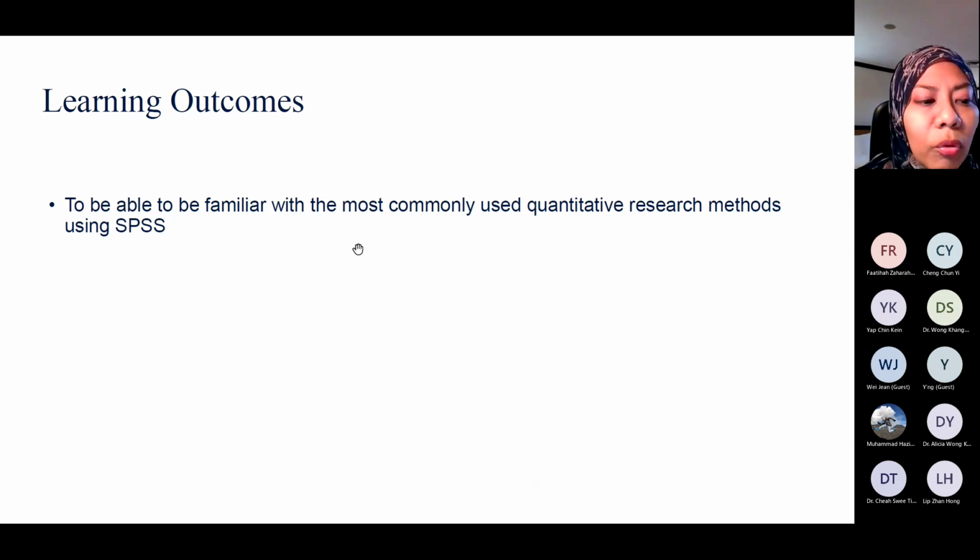Long time ago, before we had SPSS software, researchers were using Excel, with all these equations and formulas to calculate. But long after that, SPSS software came up, and this software helps us to do quantitative research.